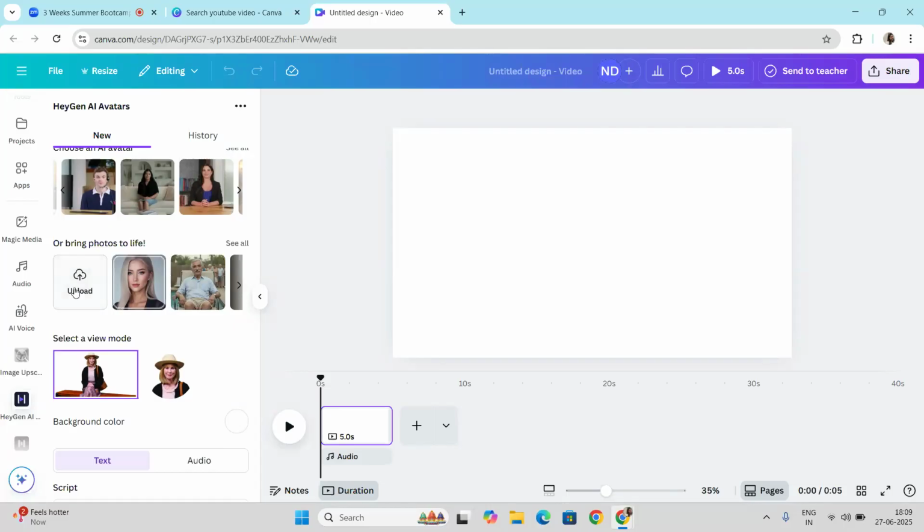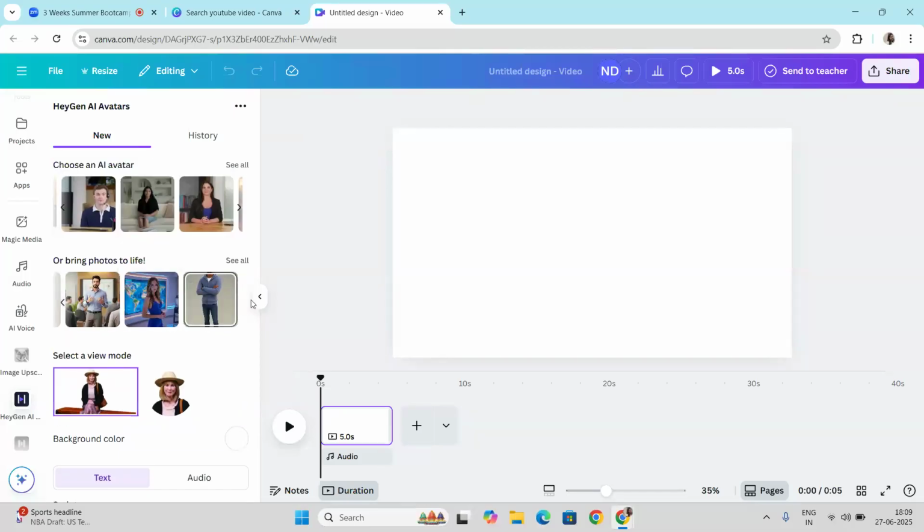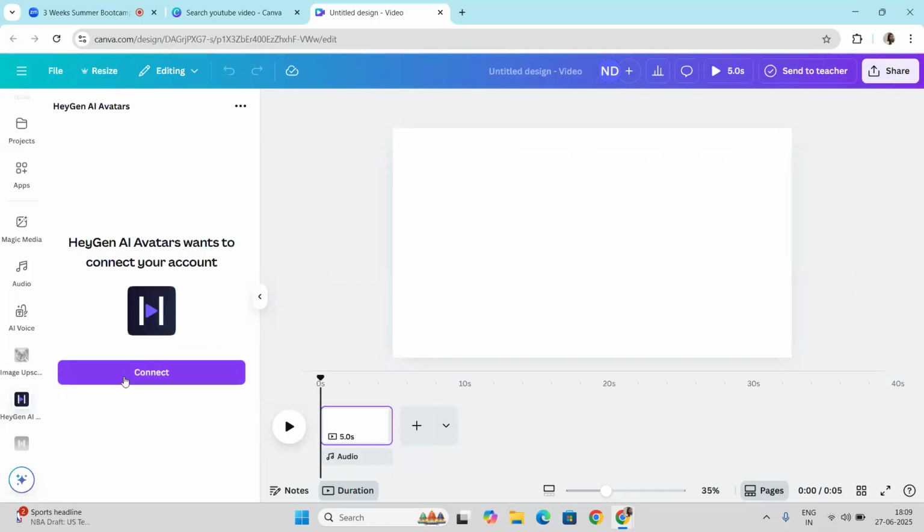And one more thing that you have to keep in mind, because we are using the free version right here, it will give you only three options to upload. So right here I have uploaded some of the images, so that's why it will not give me some other option.